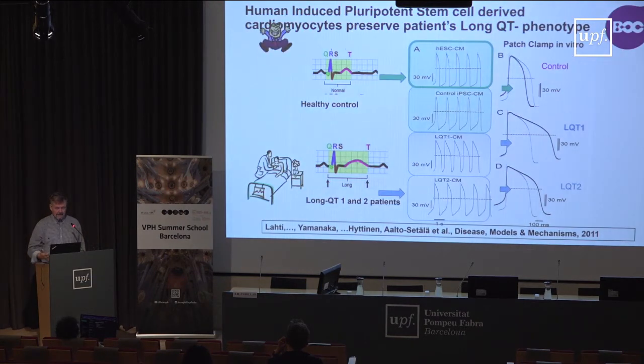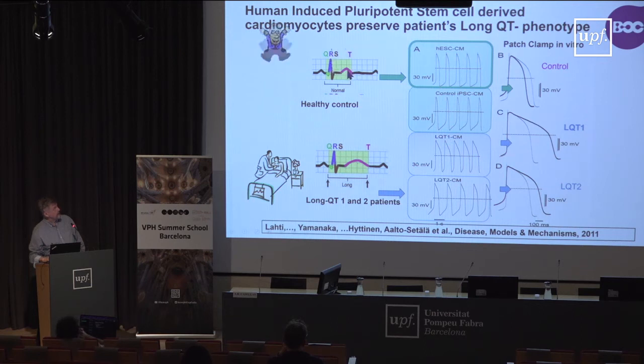But then came the iPS, and what was nice is that we and many others showed that the iPS cells taken from the patient actually retain the genetic machinery, so they also retain the diseases. So this so-called long QT phenotype: in a healthy patient, the action potential looks like this. And in ECG, you can see the effect here. Let's see how I can... Here I can see. So you can see that the action potential is pretty short or normal, and there's what happens here,